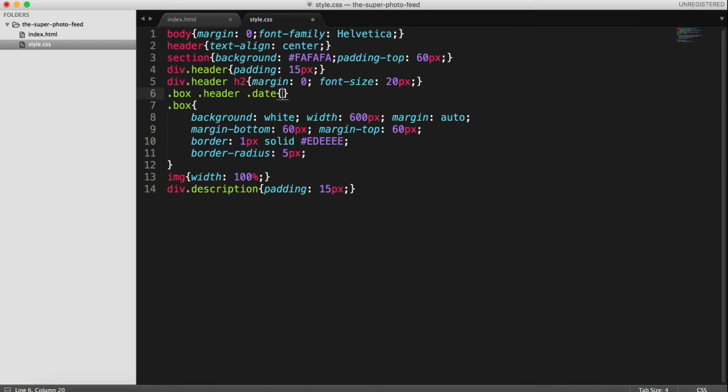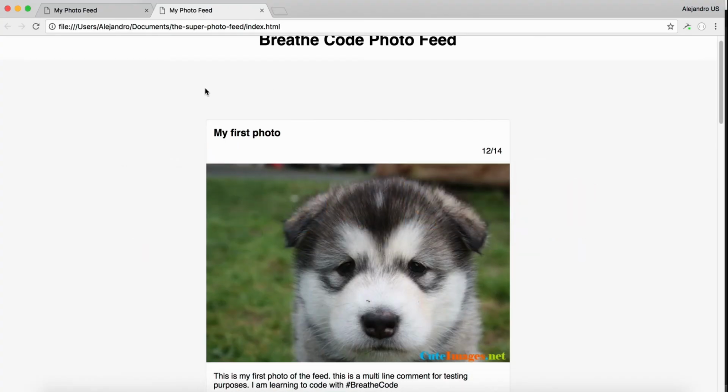So here I'm saying that I want CSS to find all the elements with the box class, and then inside of them, the elements with the header class, and then inside of those header class elements, I want the elements with the class date, and I want them to float right. Float right. If I save and reload, you'll see how now it's on the right, but